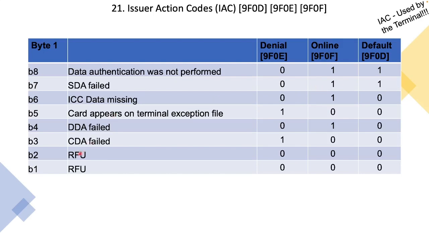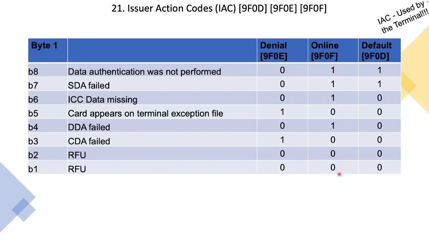RFU means reserved for future use. For now there's no check in these two bits, but as the EMV standard evolves, we could add additional checks going forward. But the important thing is this: you'll see at the end of byte 1 we set up the 3 columns: denial, online, default. These are the tags, remember, that we write to the card. You'll notice now that in byte 1, we now have